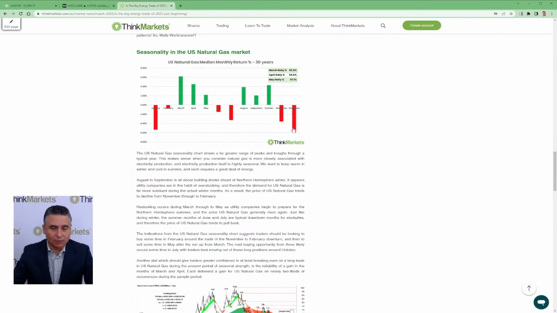It's a little bit counterintuitive if you think they're going to have lots of need for natural gas to power power stations, electricity generation through winter months. It's actually not the case, and it would be a disaster if they were going to the markets actually during those months, because it would mean they completely got their forecasting wrong. So they tend to build up those reserves, obviously, in advance. You're a utility company, you have to keep the lights on. You can't take that risk.